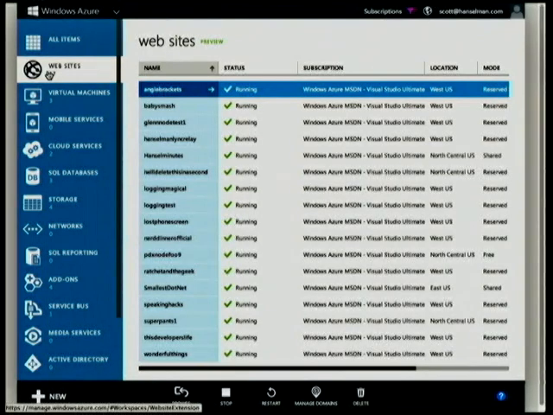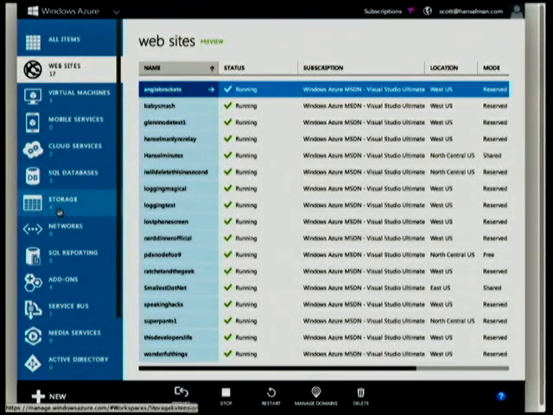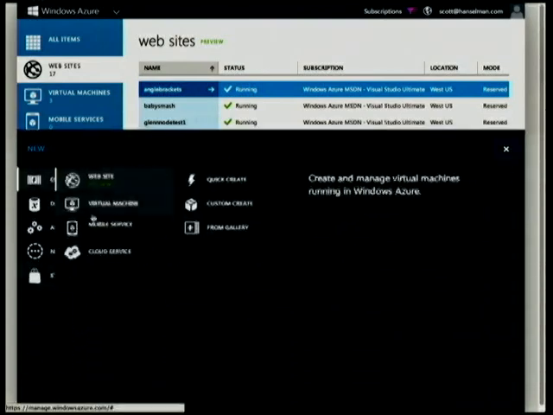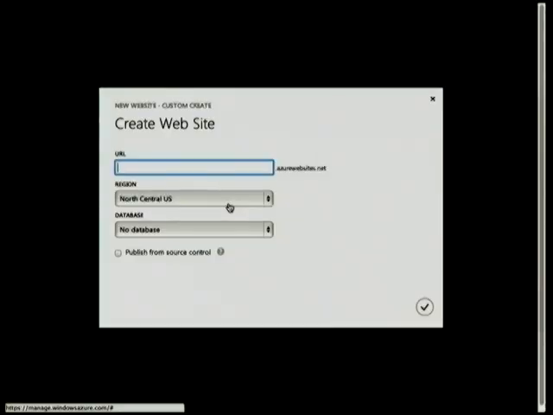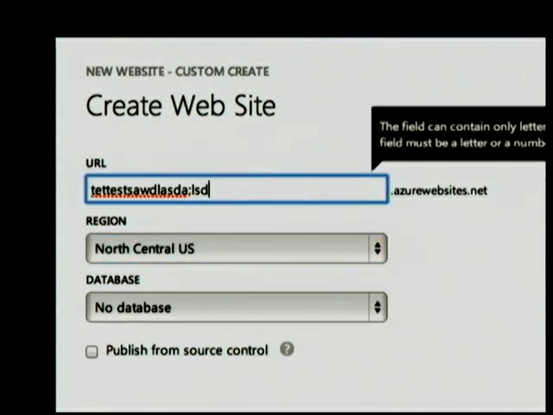If I go to websites, I've got all my different websites that I've made. I can go in here and make virtual machines, storage, databases, all the kind of stuff you want, except more organized than Amazon. If I go in here and say create website, I can create one manually, like from the website. And make sure that no one already has that name. Okay, good, nobody has that. Because sometimes I'll be like, oh, test, oh, test, damn it, test. And still someone has that. I'm like, what the hell?